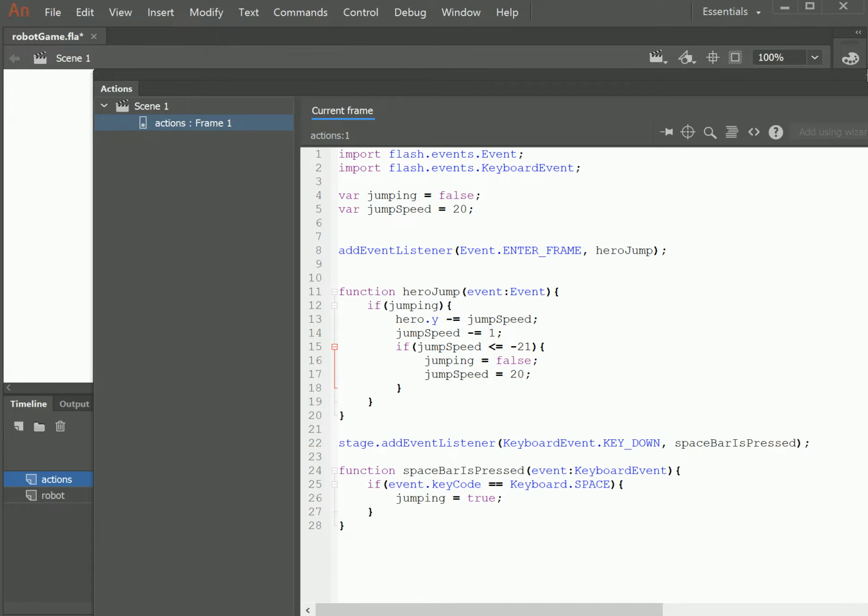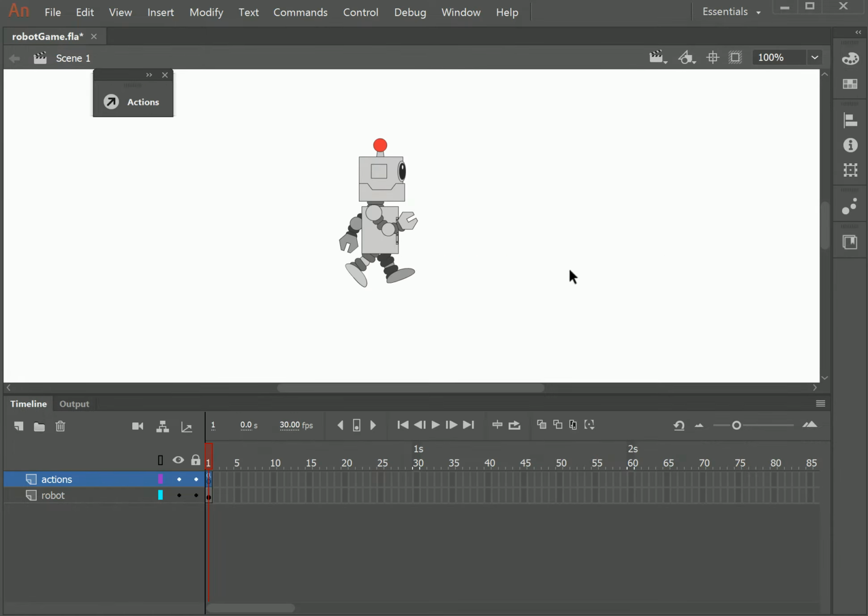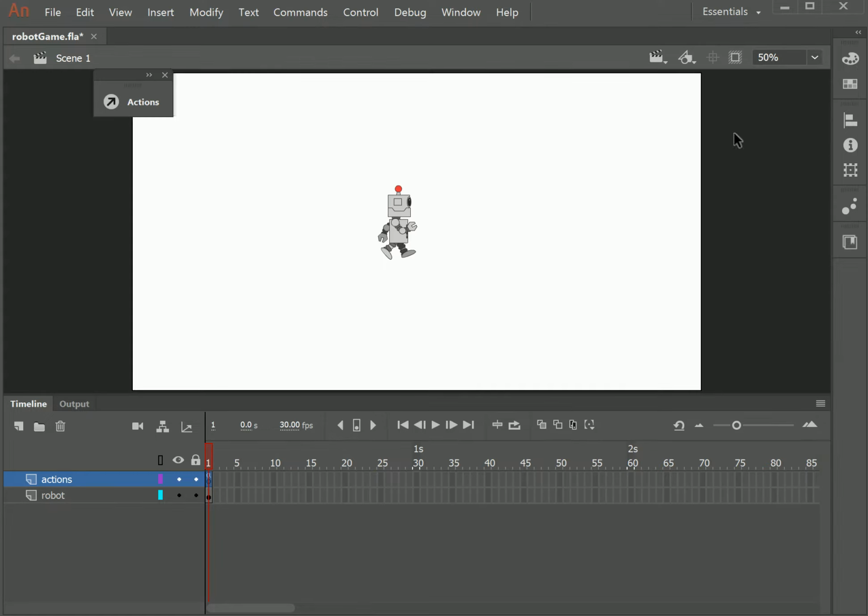But I'm also going to add something else in this video. What I want to do is, let's fit in the window here. We're going to add some ground. So we're going to find an icon that looks like this. Some people have the new layer icon down here on their Animate. Mine's right there. So I'm going to add a new layer, and I'm going to call this ground. And I'm going to go ahead and drag it to the bottom. Actually, I'm going to leave it up there just to remind you how to drag things to the bottom and